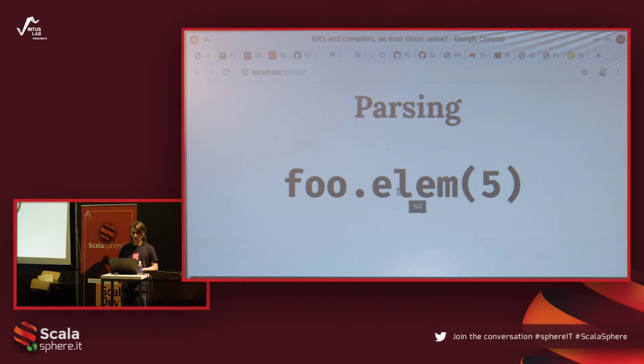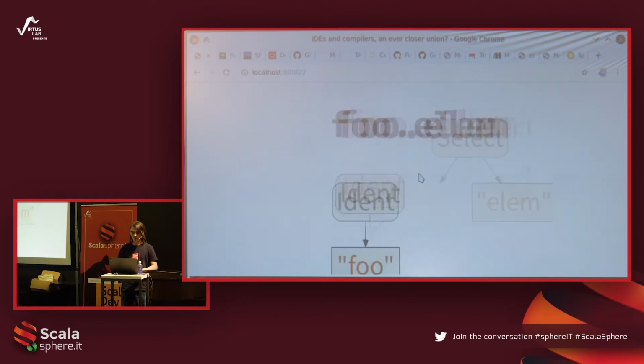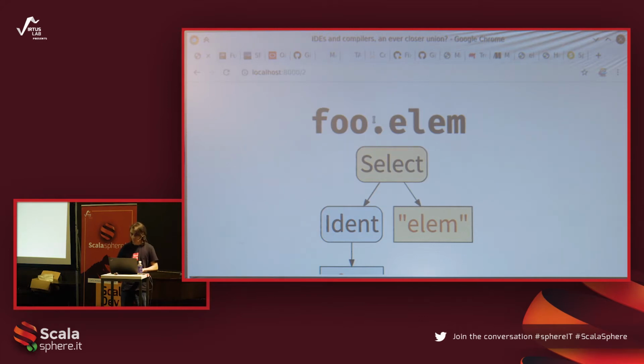It's going to read it left to right, and so it sees this thing called foo, and it's going to make a tree node for it. A tree is basically a trait, an ADT with a bunch of case classes for every kind of tree node we have. So foo is going to be an identifier, and then when you do dot,